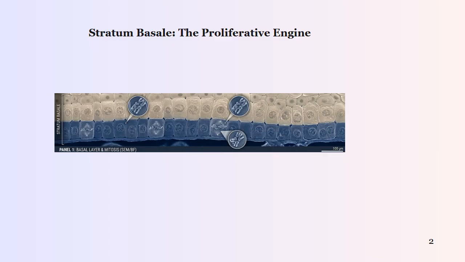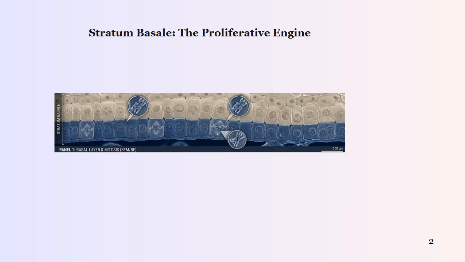2. Stratum basale, the proliferative engine. The basal layer serves as the skin's germinal center, where stem cells divide asymmetrically to maintain the population while sending daughter cells upward to begin differentiation. These cells express keratin 5 and keratin 14, providing a flexible internal cytoskeleton, and are anchored to the basement membrane via hemidesmosomes. Once a cell loses its attachment to the basement membrane, it stops dividing and begins the transition into